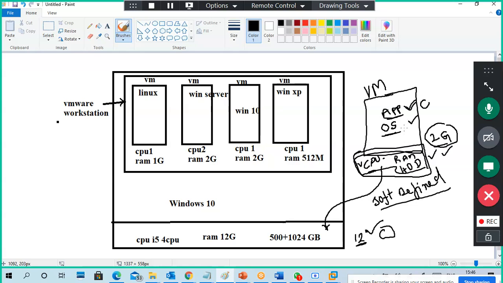There are two definitions coming out of this explanation. What is that explanation? A virtual machine is a software defined machine, which interacts with your physical machine and uses physical resources. So very simply said, a virtual machine or virtualization is a software defined